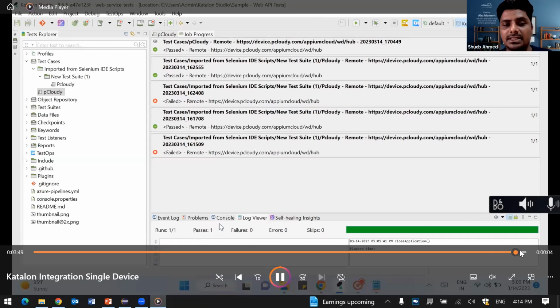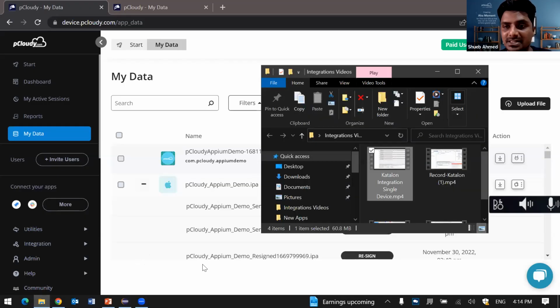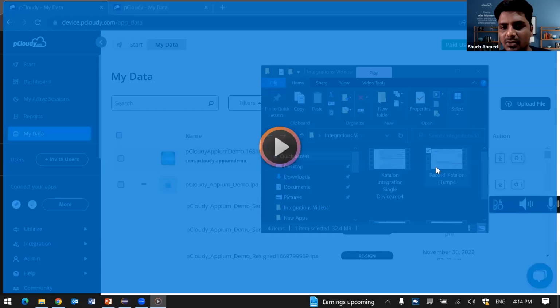All right. So that's about how you can integrate Catalan with pCloudy and execute your scripts. Now, Catalan also has the record feature capability, right? In case you wish to record and then playback, Catalan has that capability as well. And with that, you can actually integrate with pCloudy and execute your automation scripts as well. So there is one more small video that I would like to run for the